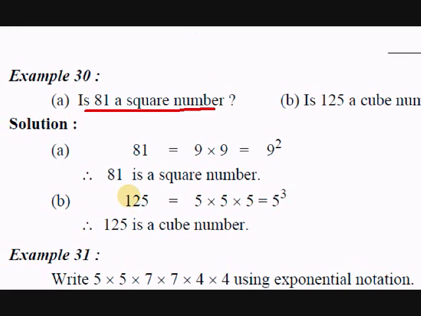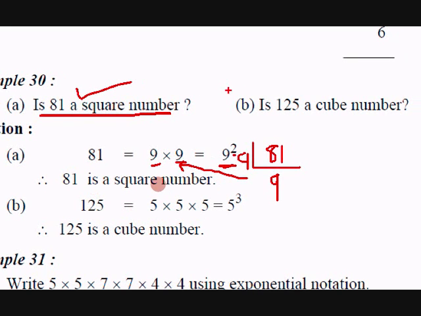So example 30. Is 81 a square number? Let's find it the same way. All we have to do is put 81 and try 3, 4, 5, 6. 9 is better suited. 9 9s are 81. So instead of doing 2 times, you make it 9 square, 9 to the power 2. Since it is 2, yes, 81 is a square number. The square of 9 is 81.